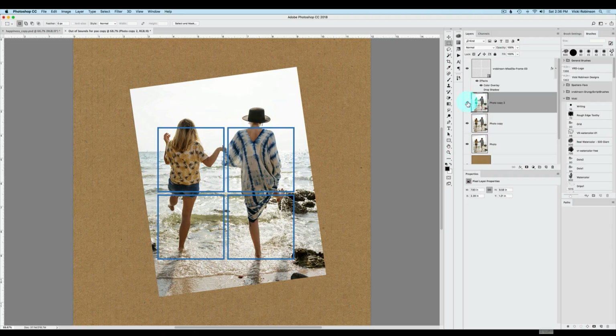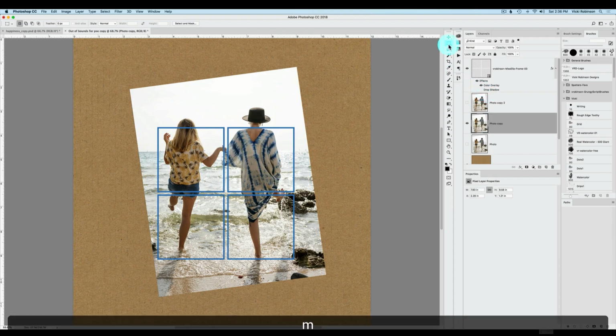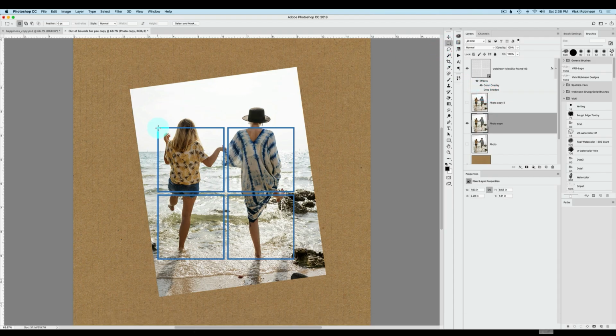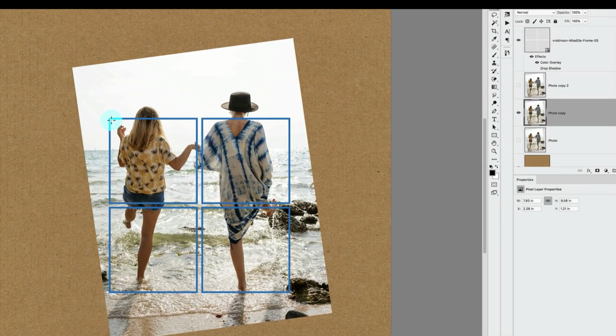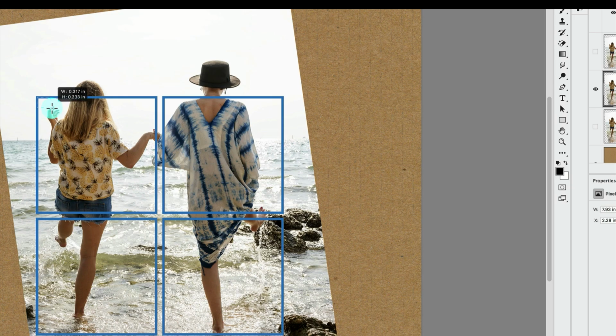Now the top layer I'm going to use in a little while. The bottom layer is just my safekeeping layer, so I'm going to just make the middle layer visible. So in order to get rid of everything that is outside the boundaries of the frame, I'm going to choose my rectangular marquee tool. That's M on the keyboard. And I am going to click and drag from the upper left-hand corner of the frame all the way down